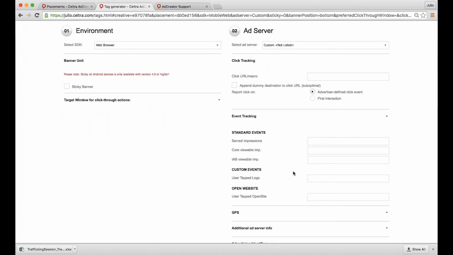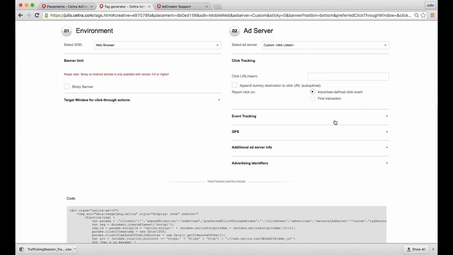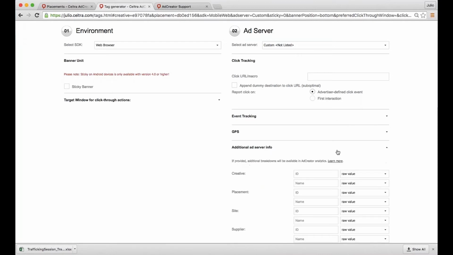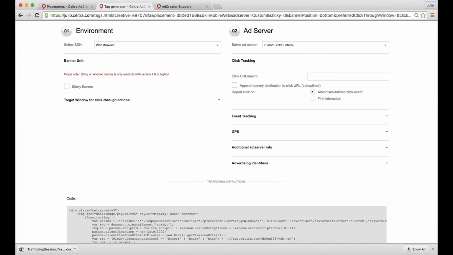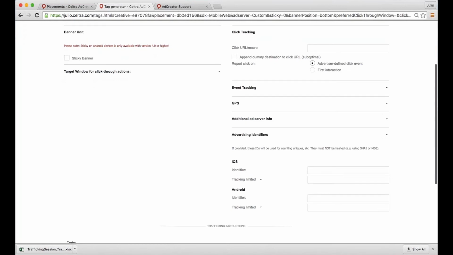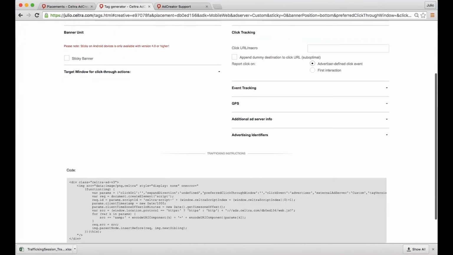You'll see since at the previous step, I chose to expose these events, my custom event to tap logo and my custom event of opening a website, they're now available here to me. Again, if I did not expose these in the previous step, these would not be visible. And again, this is just more like a fourth party tracking system if you wanted to set that up. And then you can see you have additional server info if you wanted to apply that as well, and additional